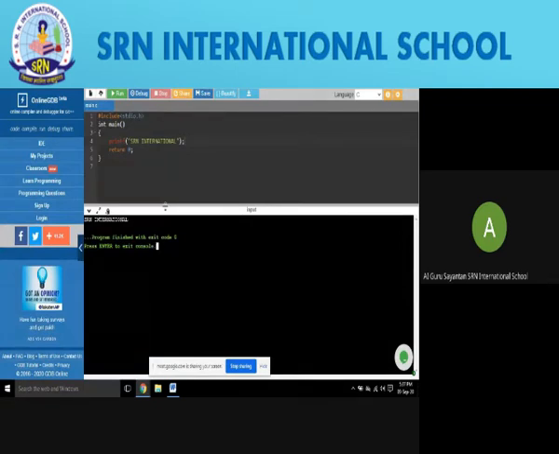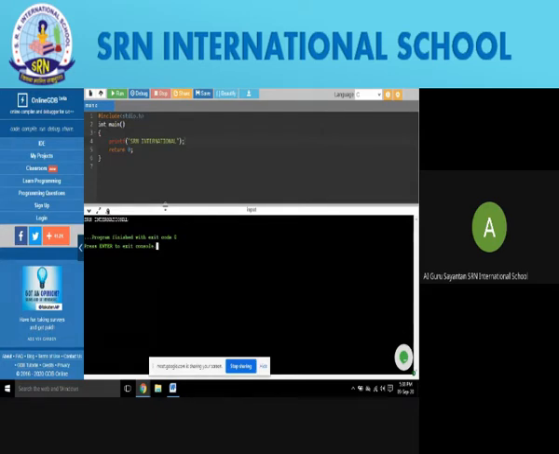What is purification? The computer's compiler, the one which we are using right now, will check whether there is any error in our code or not. Like if we don't give an inverted comma, if we miss a semicolon, if we miss a bracket, everything is checked by this run button. So first checking is done. If there is any mistake, we'll have to solve that mistake in order to make our code work.